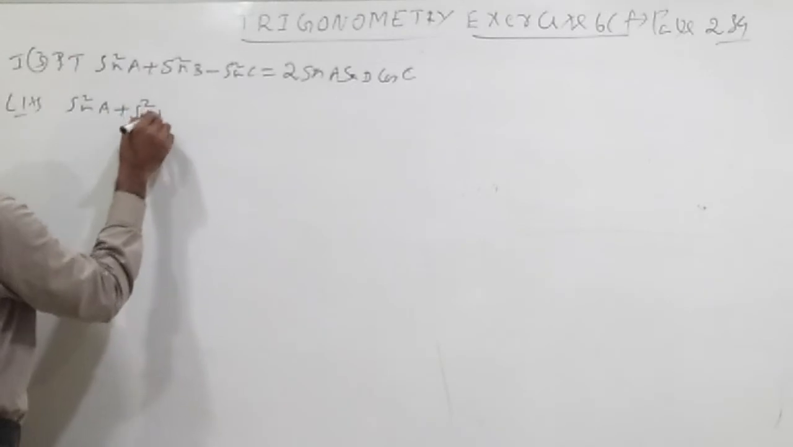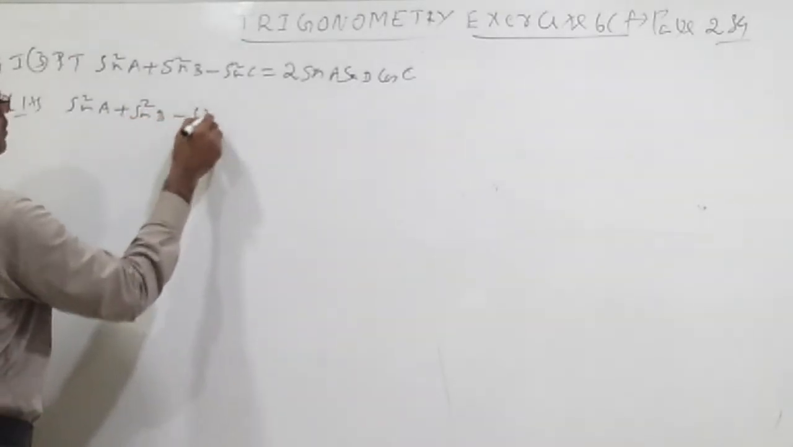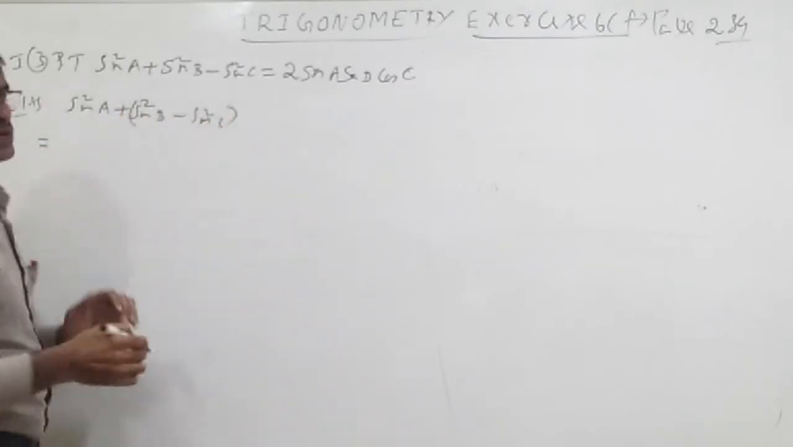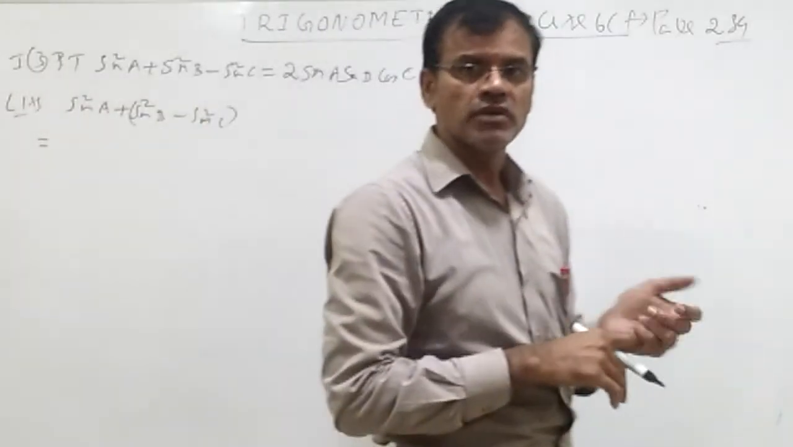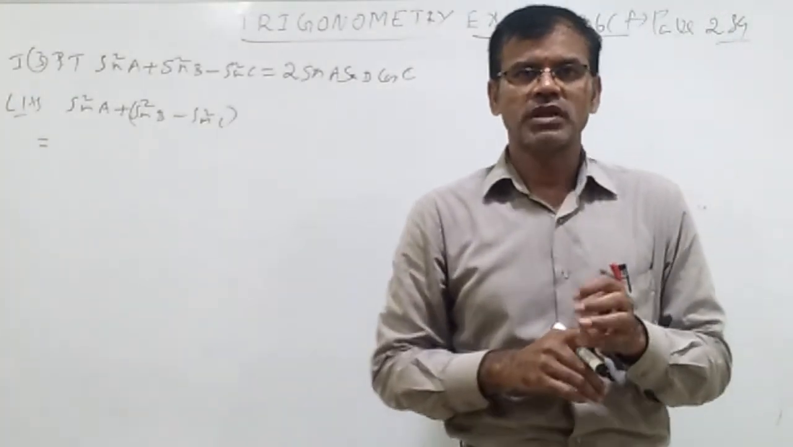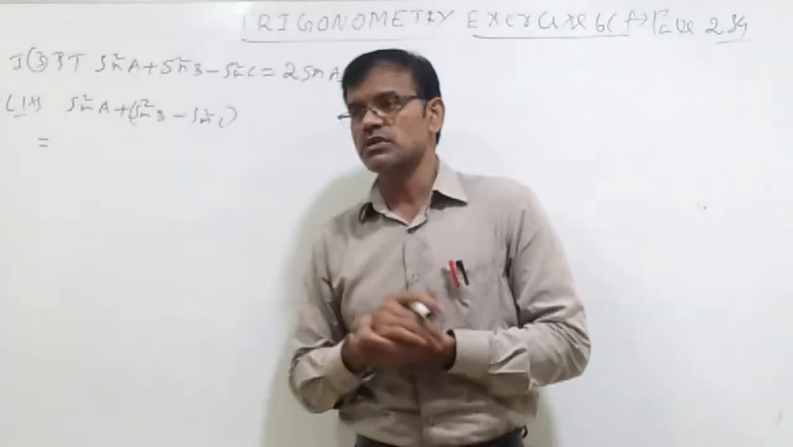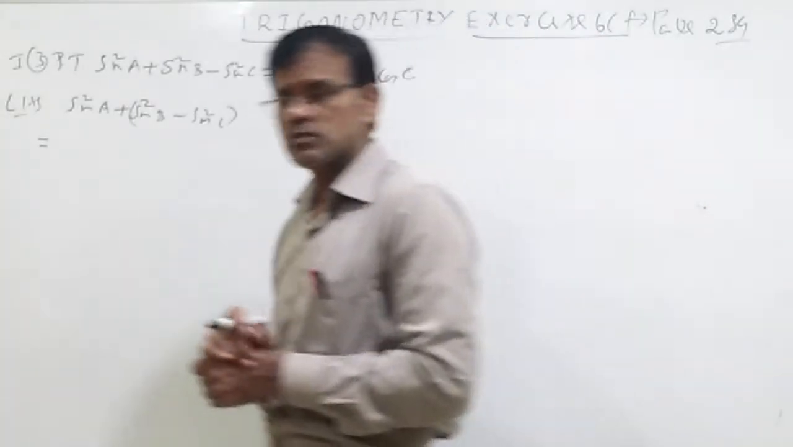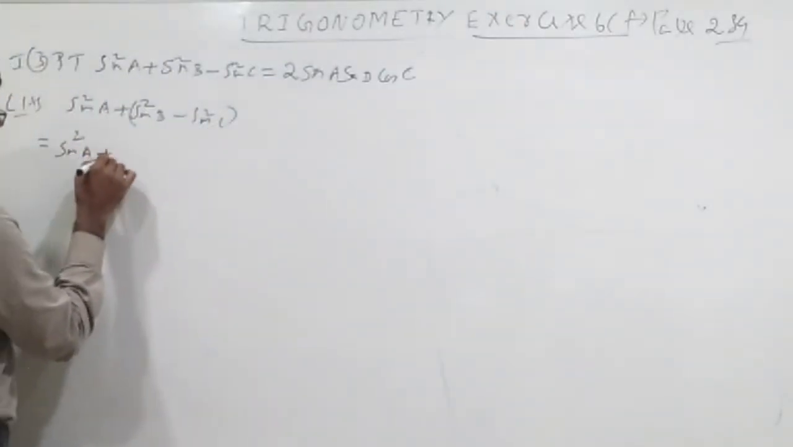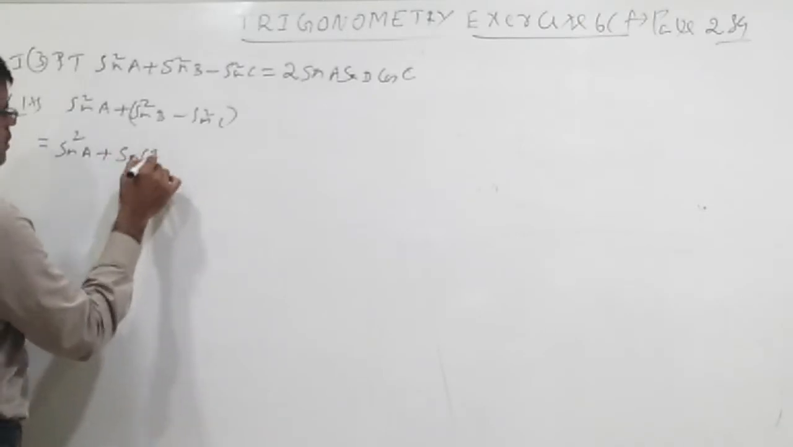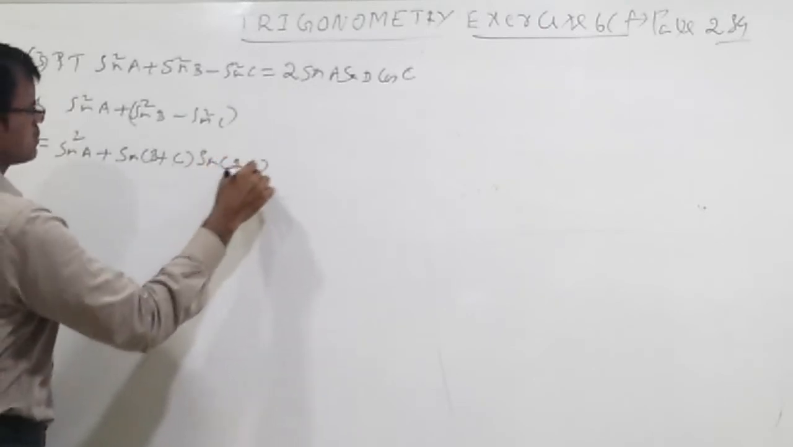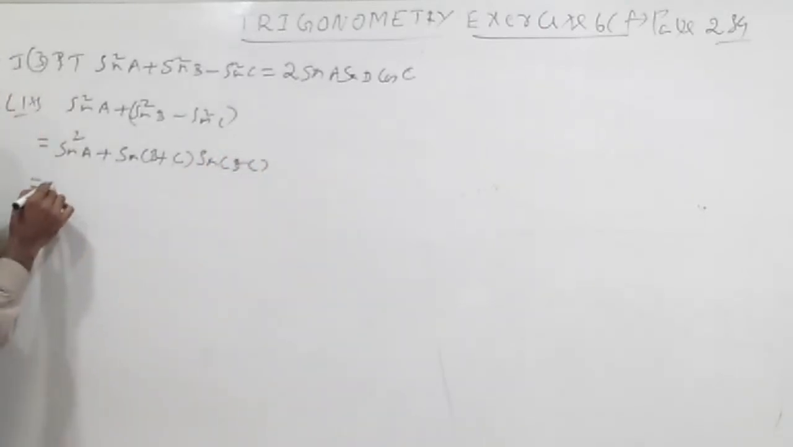Sin square A plus sin square B minus sin square C. Take this one as a group, sin square B minus sin square C. We know the sin(A plus B) into sin(A minus B) formula, sin square A minus sin square B. So sin square B minus sin square C can be understood as sin(B plus C) into sin(B minus C). Write like this: sin square A plus sin(B plus C) into sin(B minus C). That is equal to